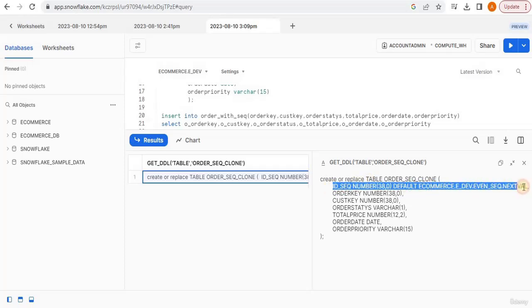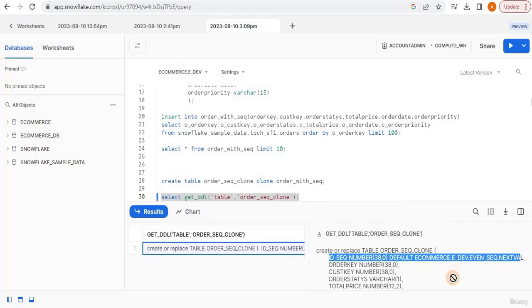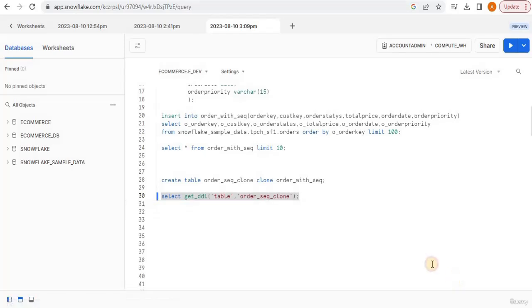However, if your sequence object belongs to a different schema or a different database, make sure that you validate that this table has a usage access to that particular sequence, and that has to be created manually because the clone doesn't do it if I am cloning the table directly. However, if you are trying to do it at the schema level or a database level cloning, then this will happen automatically as long as the sequence object belongs to the same schema or the same database. In that case, your grant and role will work properly.